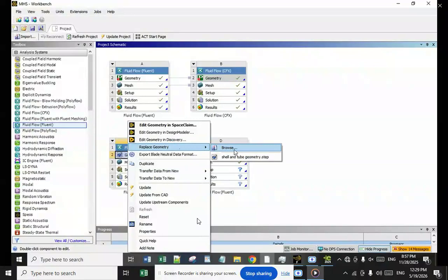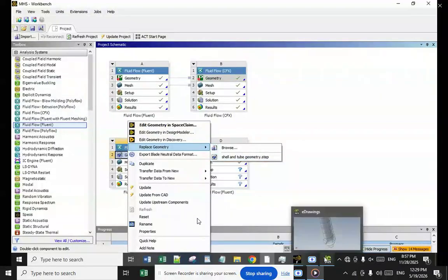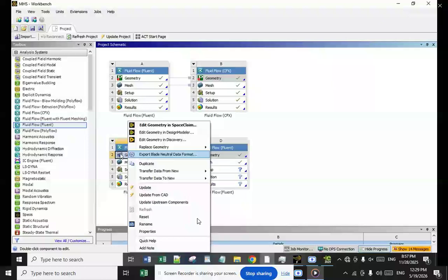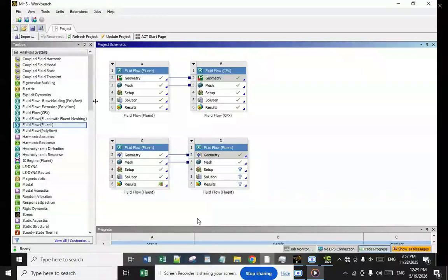You can browse and select a STEP file that you have created by some other software, such as, for example, SolidWorks or AutoCAD or other designers. So till now, there's a possibility to import your geometry STEP file, and just specific versions you can create inside